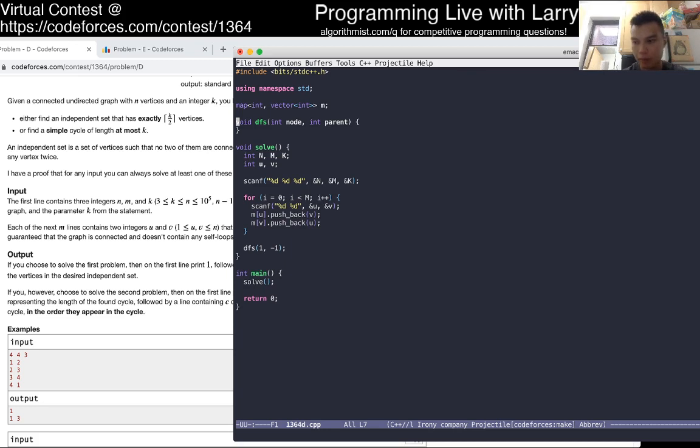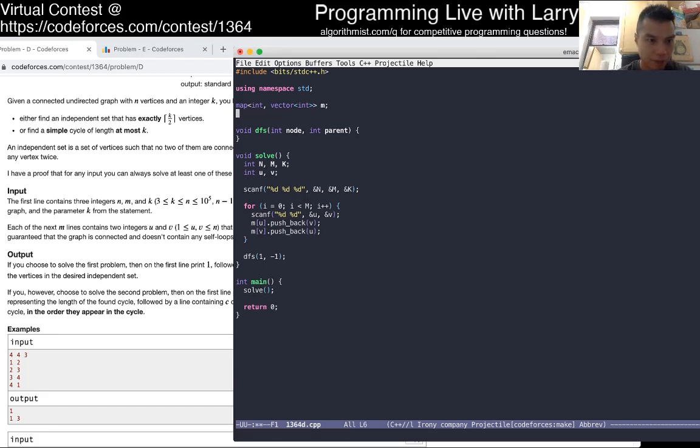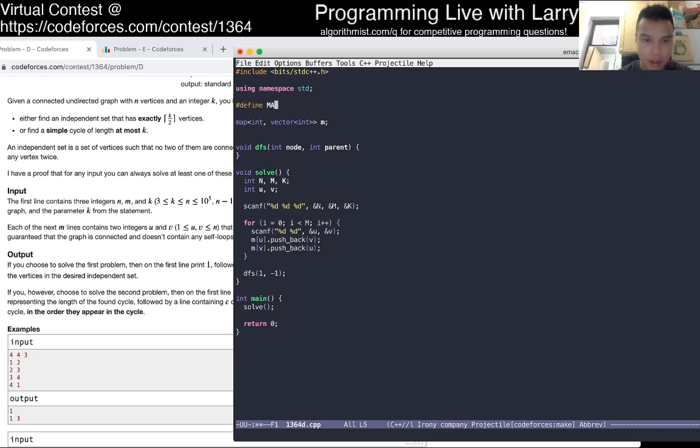And we'll probably have to use union find or something like that to see. I guess this is actually a singular.